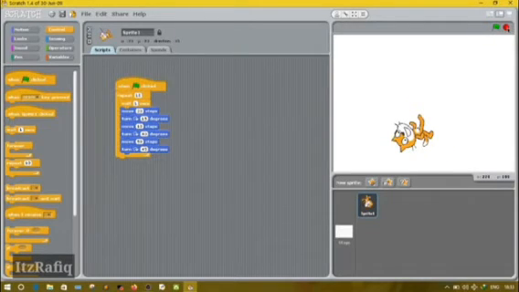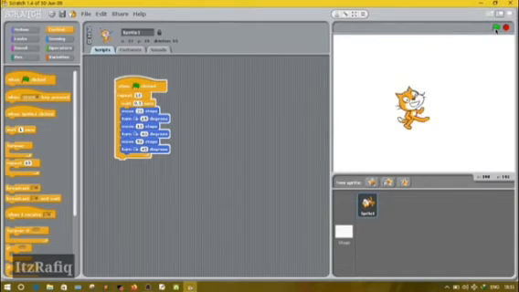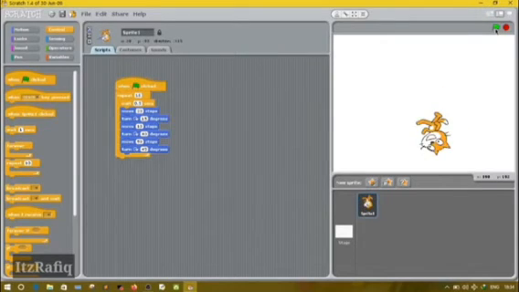If you want to make it a little faster, stop first and in place of 1 write 0.5, meaning half a second. Within half a second the sprite should move. Now you can see it's a little faster. This way we can make the cat dance.